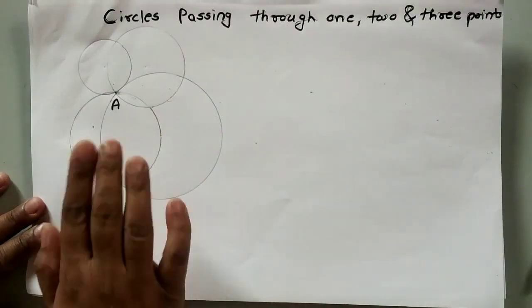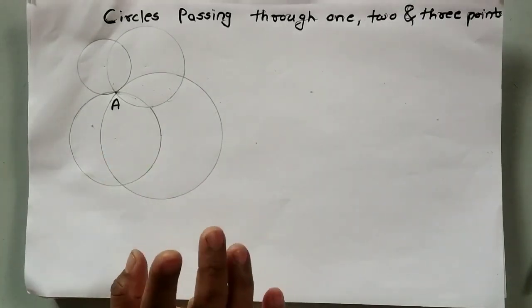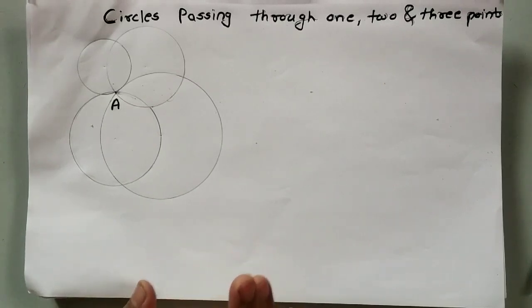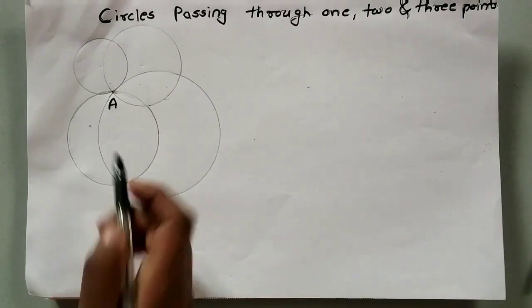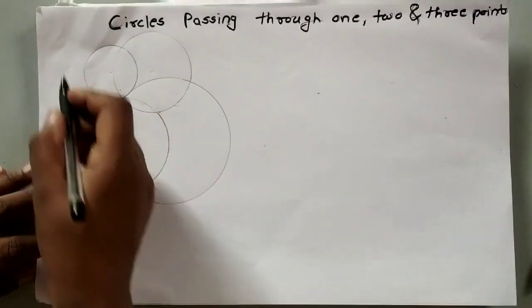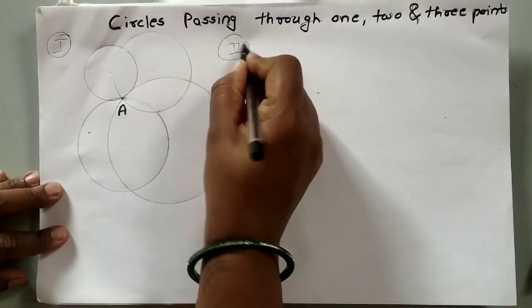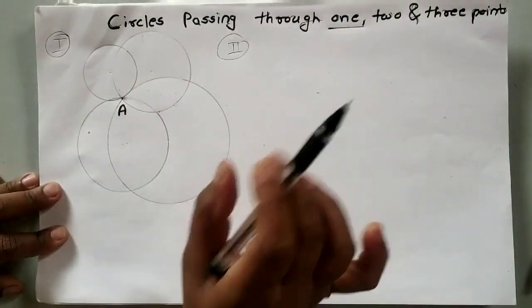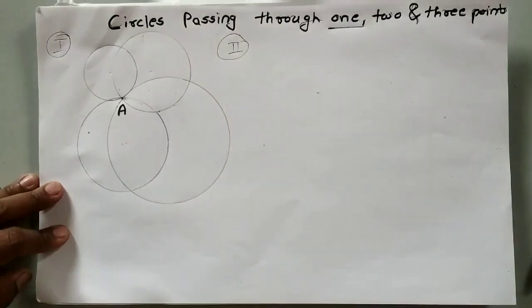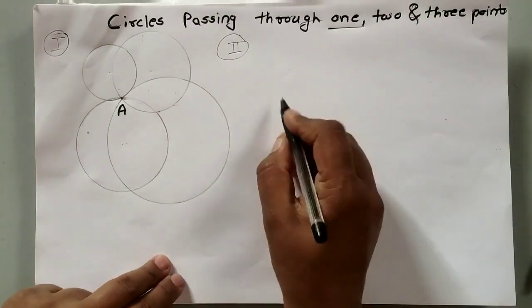the single point. So from this what we understand is, from a single point we can draw innumerable, or infinite, circles, and that we see in this activity. This is the first activity. Now secondly, we saw the circles passing through one point. So its answer is that innumerable circles can be drawn passing through a single point.